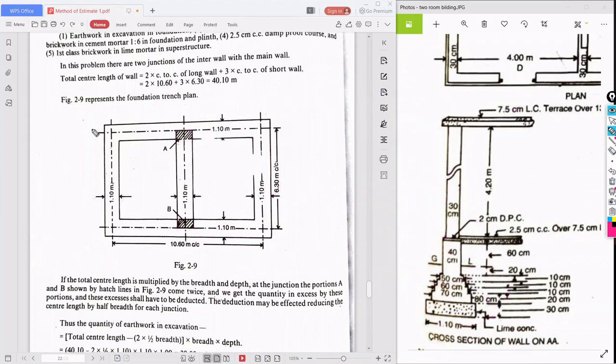Okay, so I explain again. 40.10 is the center line length. Because of the junction, we need to deduct 2 into half into breadth of the excavation work. What is the excavation breadth? 1.10. So these two cancel, and we get the total as 39.